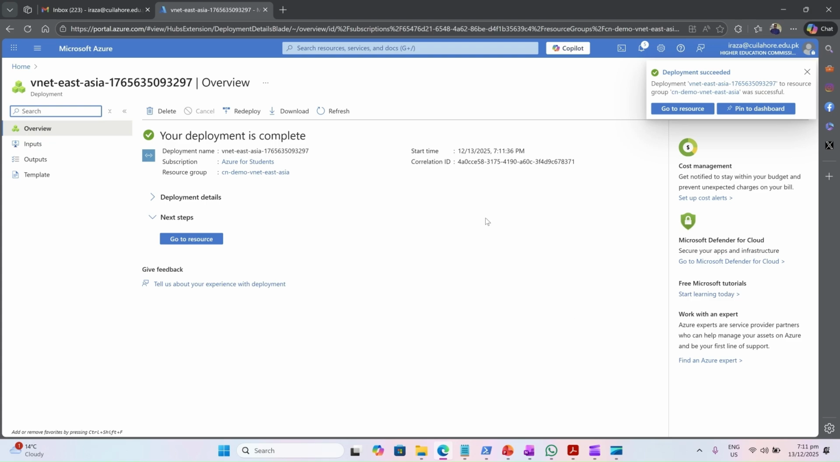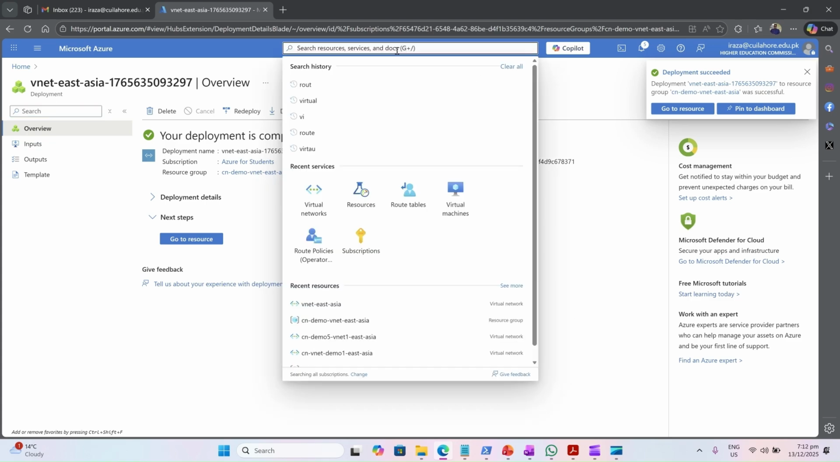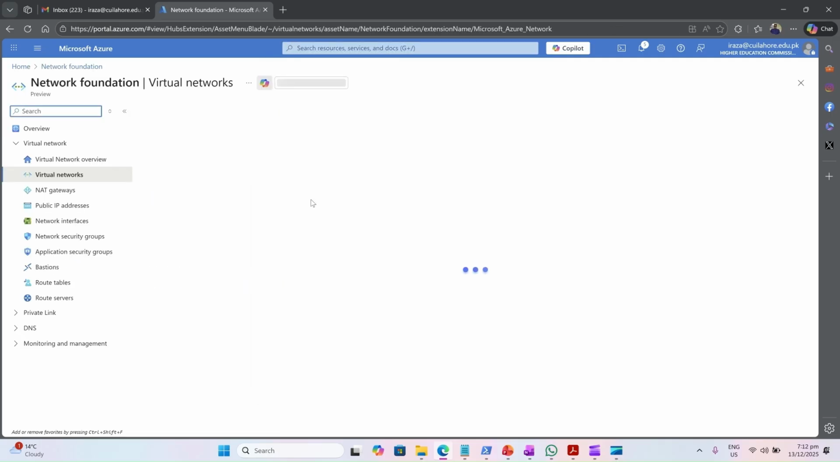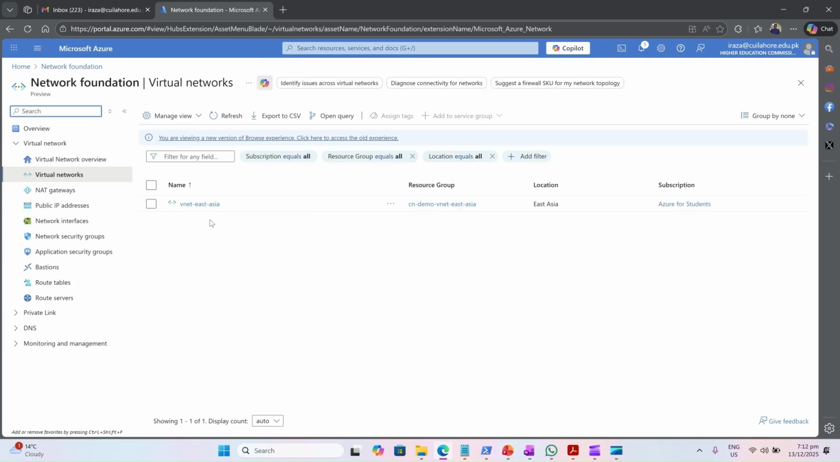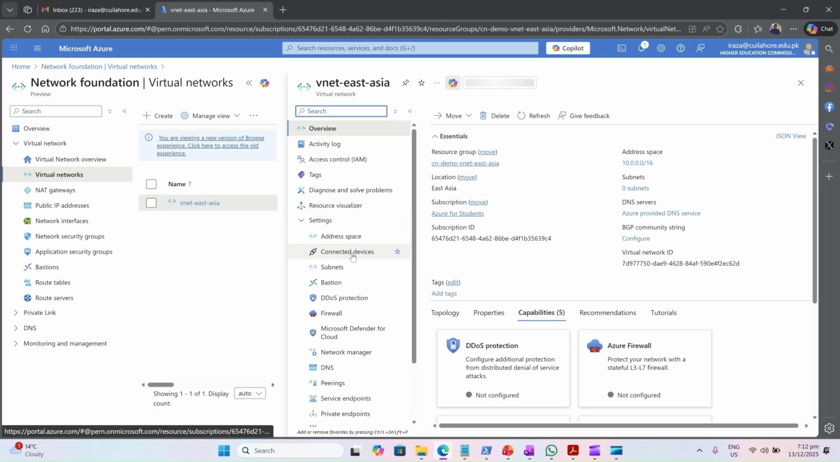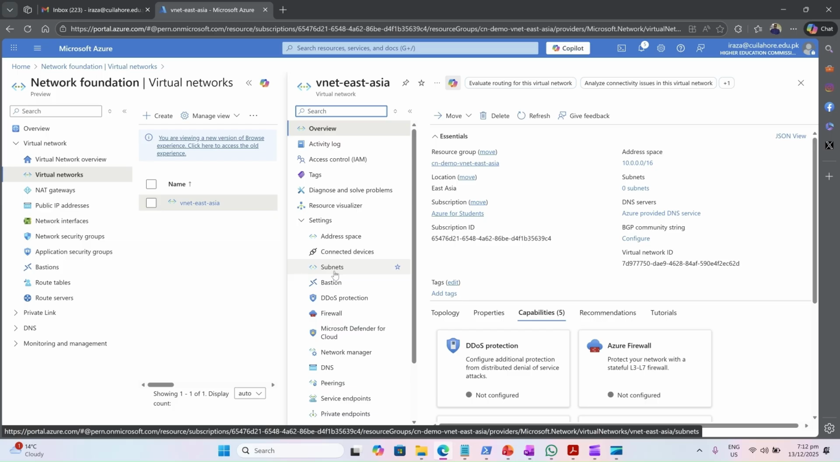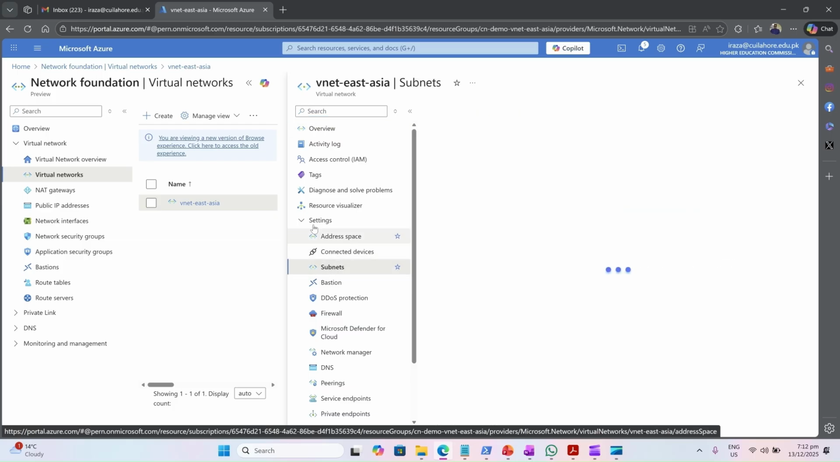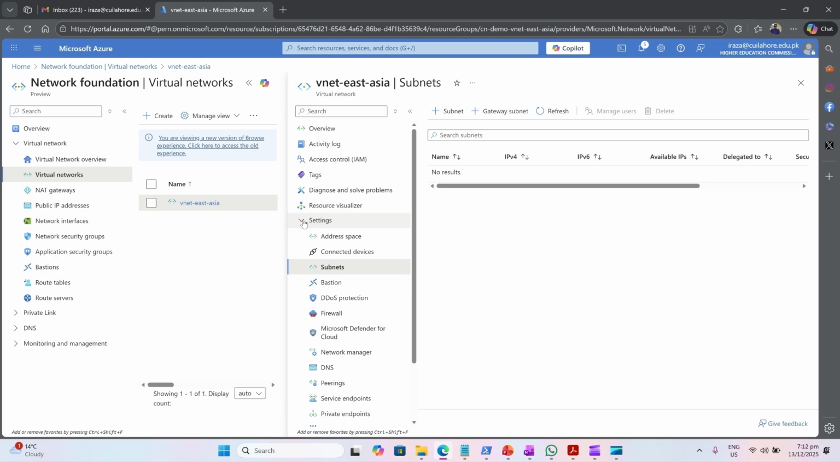Okay, so deployment is complete. So we can check in virtual networks. Right. Yeah, so you can see our virtual network, VNet East Asia has been created, and the resource group is this. So I will click on this virtual network, and I have to create two subnets in this virtual network, one private and the other public. So let's create the first subnet here. I will go to this setting option here in this virtual network, and here I will create a new subnet,